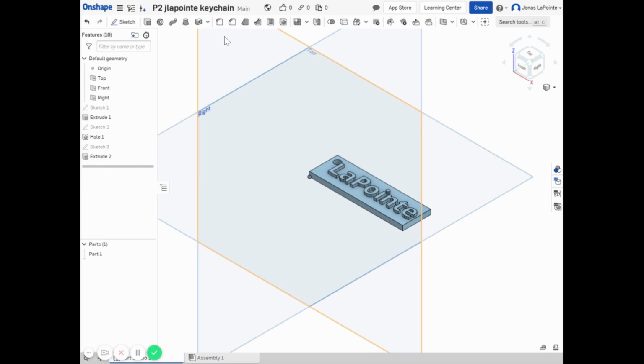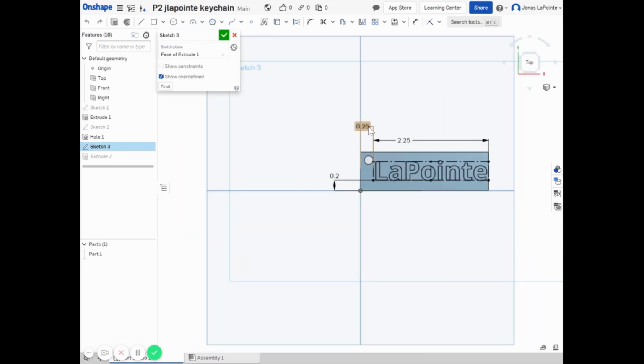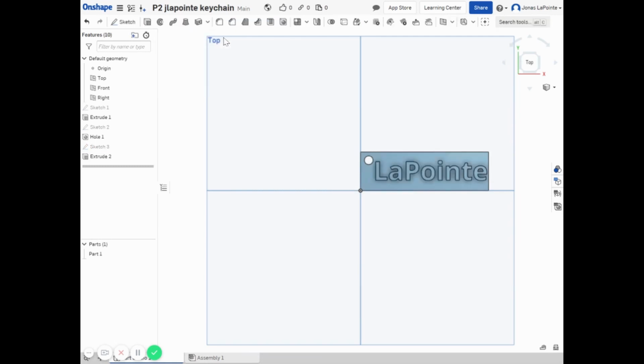Now, at any point in this, if you got stuck, remember you have the undo. If you wanted to go back and fix something, so for example, if I wanted to shift where my name was, I can double click on sketch 3, and sketch 3 is back. I'll rotate this. I can again go and change these numbers, and then I can say I'm done. I'll close sketch 3 again. Since I'm pretty happy with this,